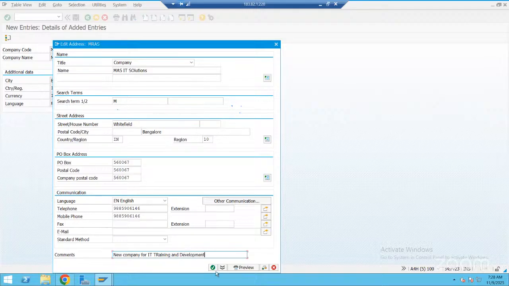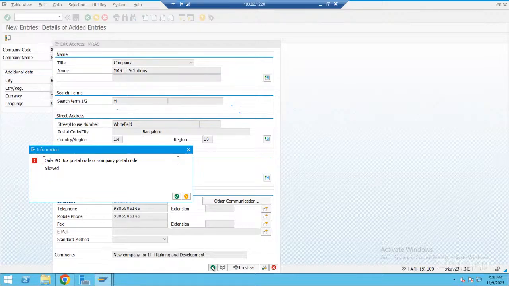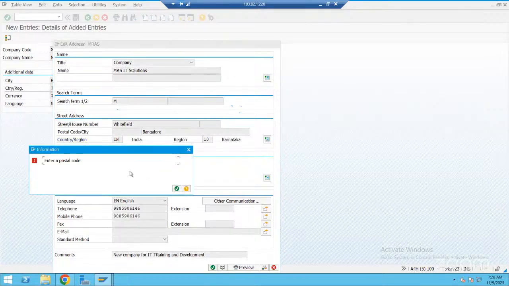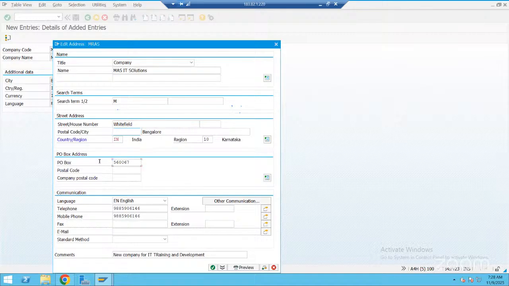Click on enter here. Oh, only PO box or postal code or company code is required, so I don't need to enter all. Click on enter. Postal code is also mandatory here.